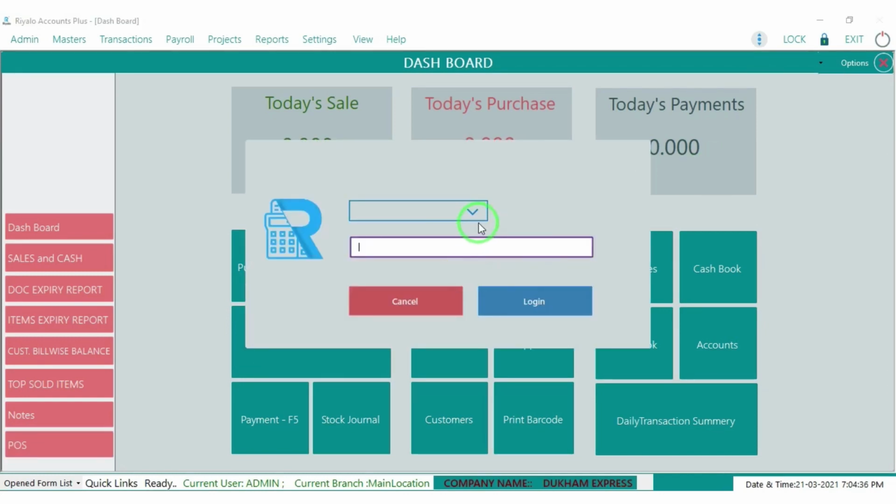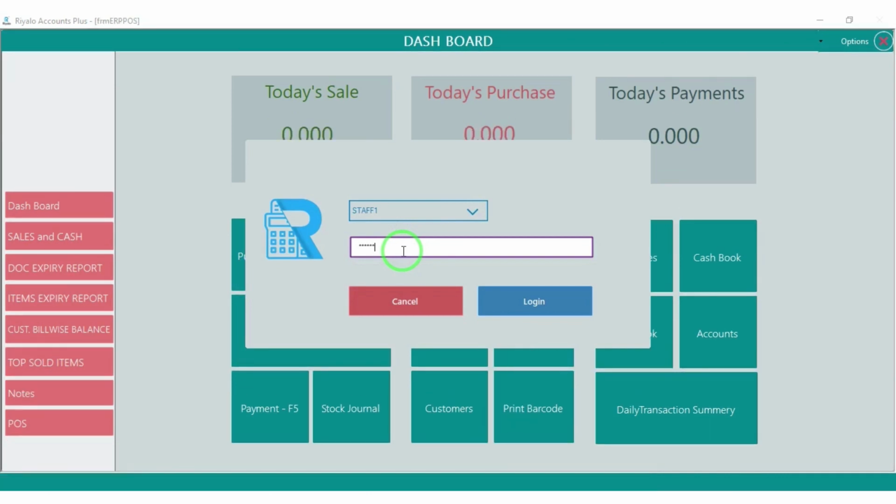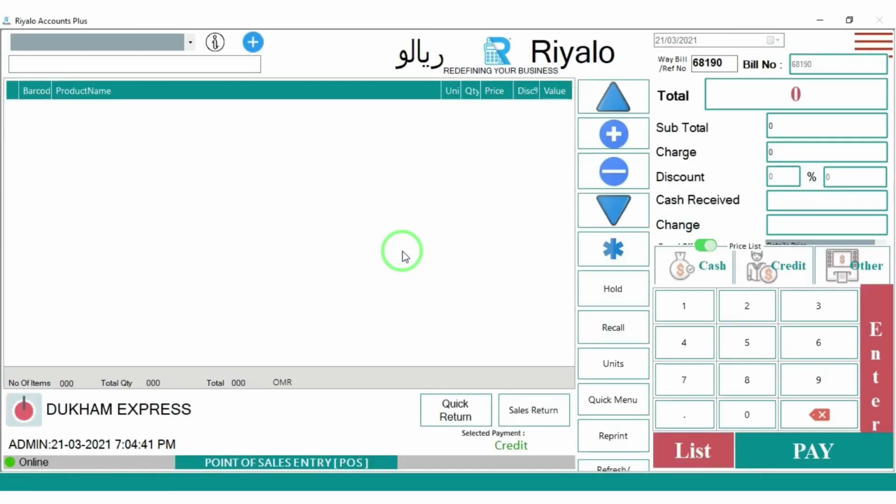Here they will ask for the login section. We are selecting the login detail. We can also enable the privileges to users. On this section, if one user, staff 1, is a user, and we give the permission of sales, when they are opening the software directly, they will only have access to the POS section. Everything else will not be accessible.